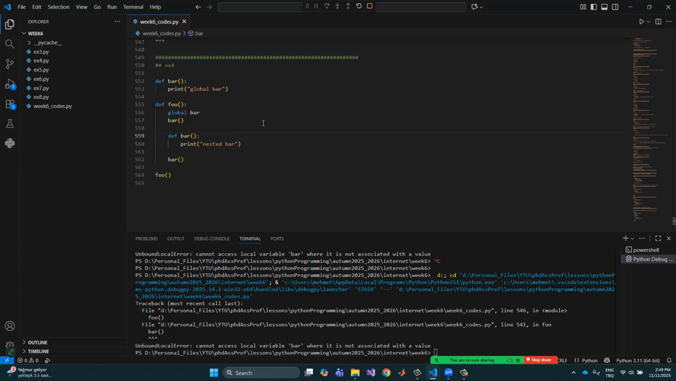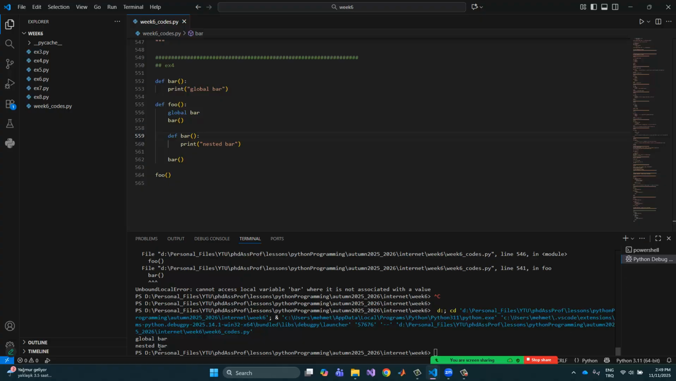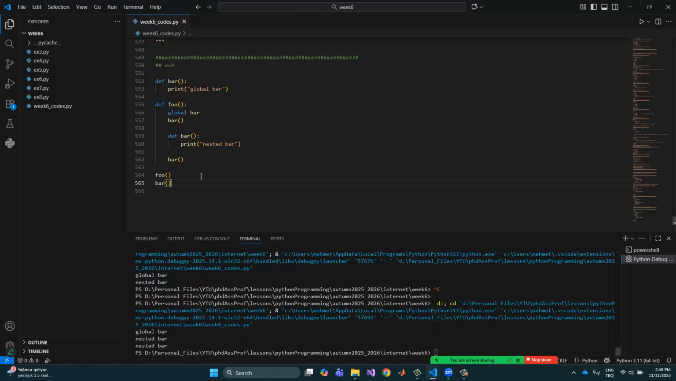Global bar and nested bar. See, global bar, nested bar. Okay, and so what about this one? If we call the bar in here and also nested bar is given here, because this global bar is masked with this one, and so this bar is directly related to this one. Okay,